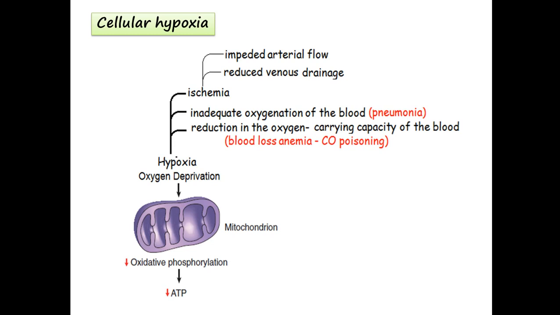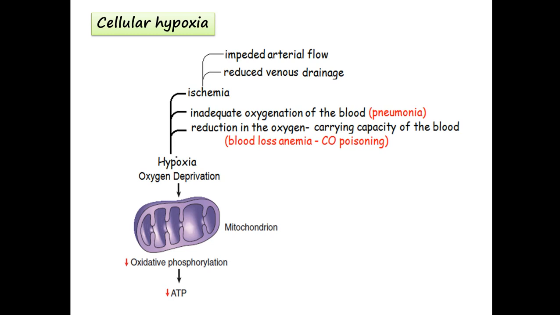The blood and the hemoglobin are not sufficiently oxygenated. Another example of hypoxia without ischemia is iron deficiency anemia. Here the oxygen carrying capacity of the hemoglobin is diminished. Since the hemoglobin is unable to carry oxygen, as we commonly see in iron deficiency anemias, there is no ischemia but there is hypoxia.